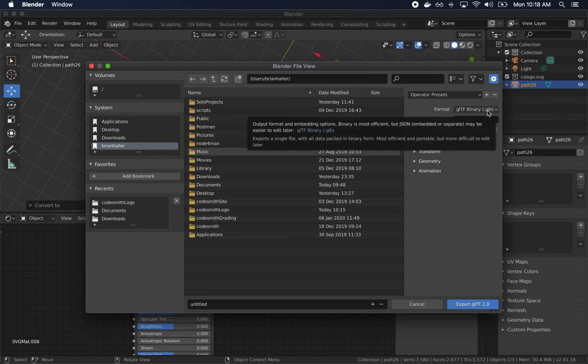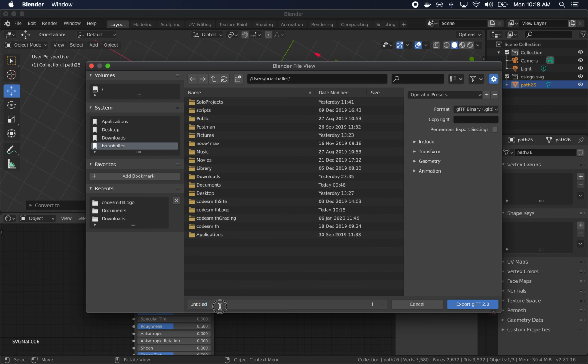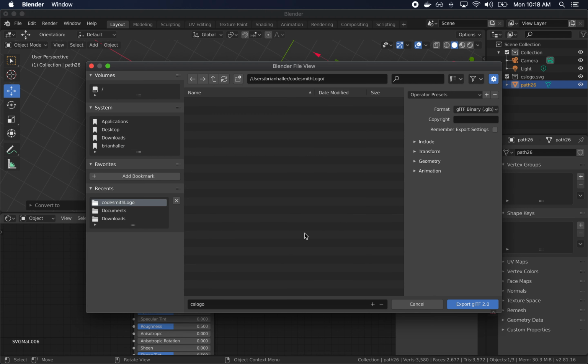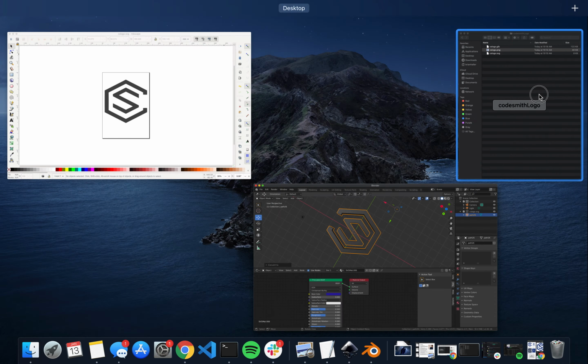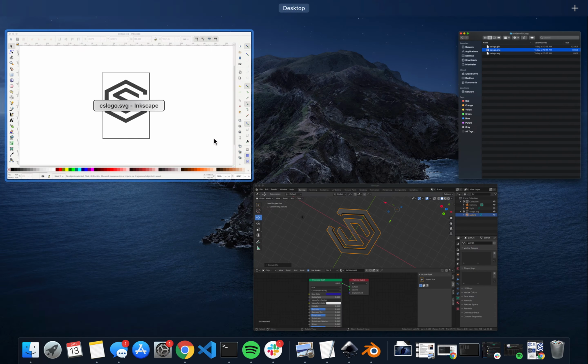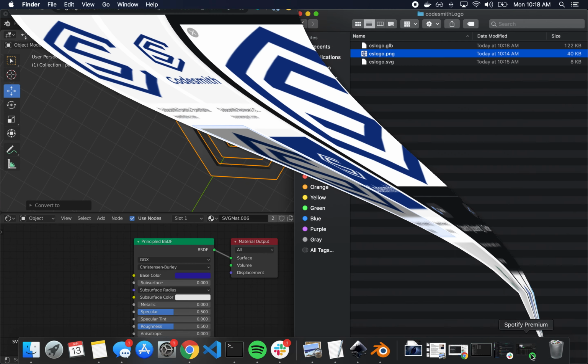I'm going to use a GLB extension. It's a little more compact. I'll call it once again CS logo, and we'll dive right into our Codesmith logo file. And it's here. Last, we're just going to want to check to make sure it is